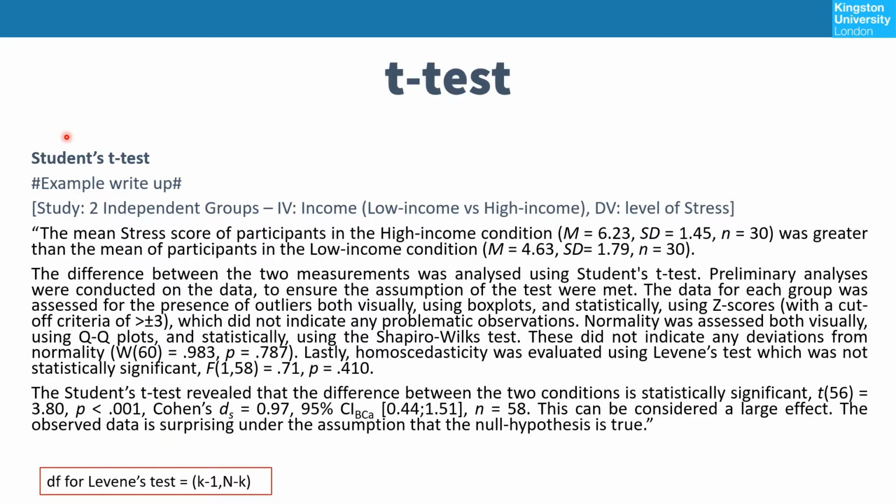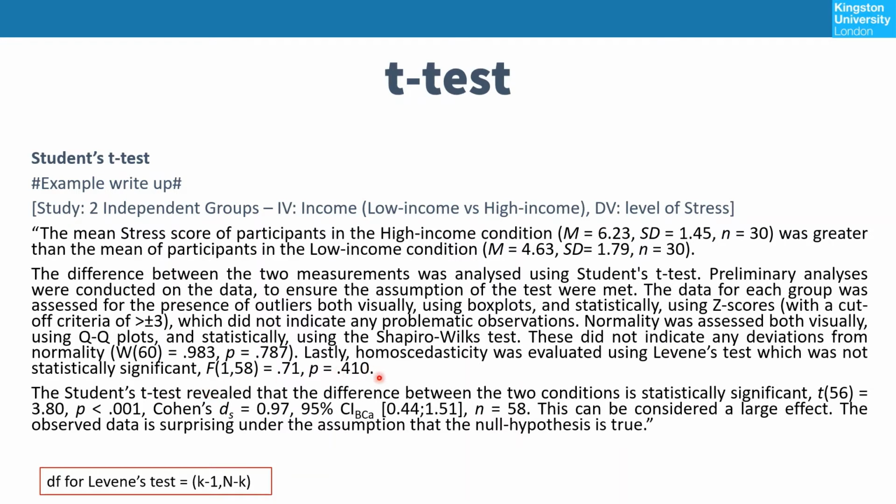Next, I would check for normality, which can be assessed both visually using QQ plots and with a Shapiro-Wilks test. In this case, I say that I found no deviations from normality, and I report my Shapiro-Wilks. And lastly, I would look at the homogeneity of variance using Levene's test, which is automatically reported every time you conduct a t-test. In this case, I found it to be statistically non-significant, and you would need to